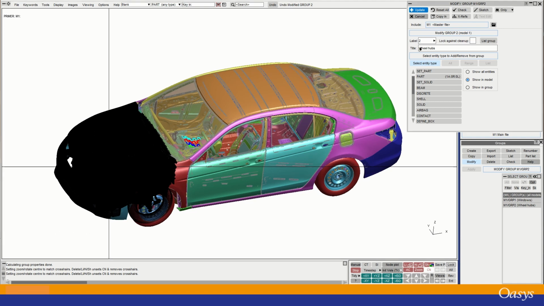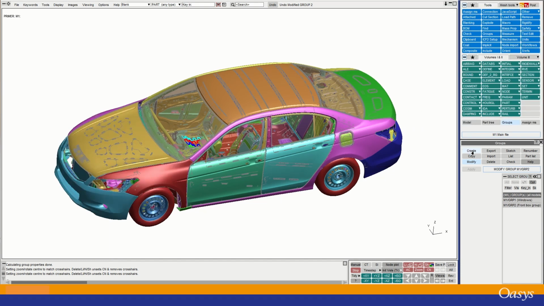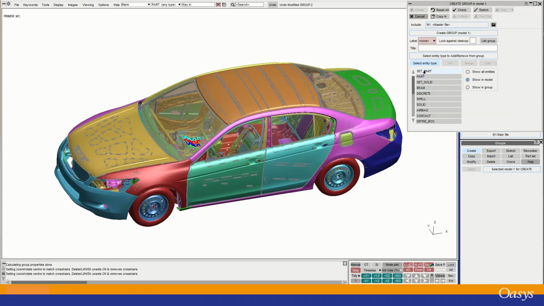Okay, so why don't I just rename this to start with? I'll call it front box group, and we'll go and add the wheel group in a second. Okay, update. So now I'm going to create another group, and this one I'm going to use part, and I'll briefly show you the range option. So the range would just be from one ID to another. And you can also limit this by a box, but because I just want to pick the hub parts manually,